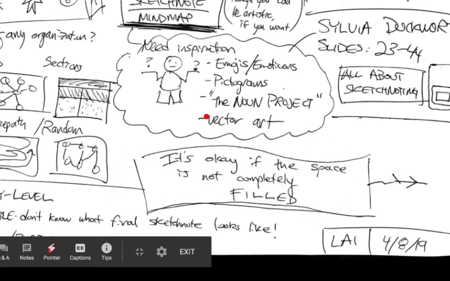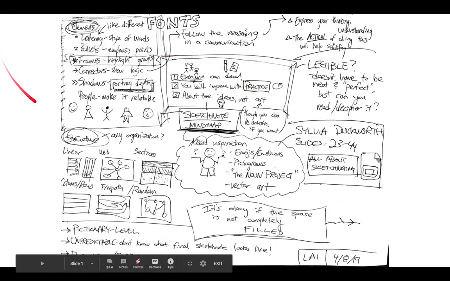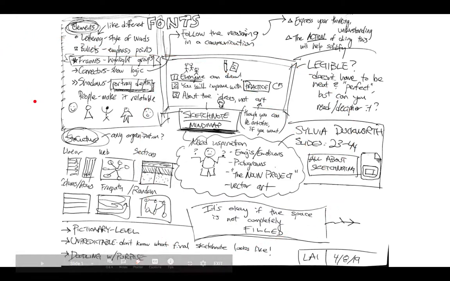And then, potentially, how you could iterate on this is you can have this image, you scan it, you print it out, and then you can make another sketch note, another mind map. Based on that, you could consider it a version 2, or you could just think of it as the next step. Okay, so I think I've covered what I wanted to here. Again, more resources on our Techspertise website. Three people in particular: Sylvia Duckworth, Mike Rohde, if I have his name correct, and Dan Roam. They have really excellent resources, but at the end of the day, you just got to do it.